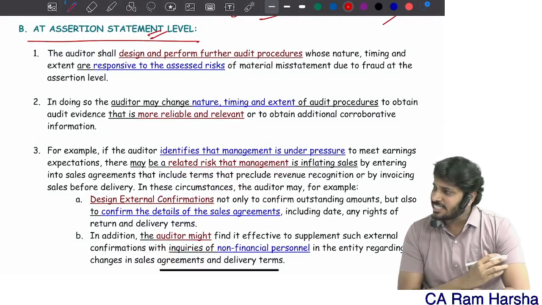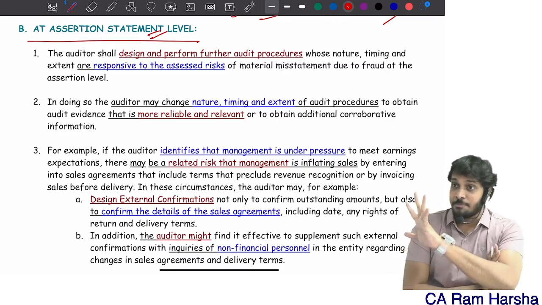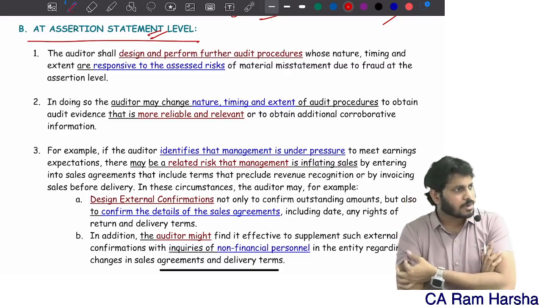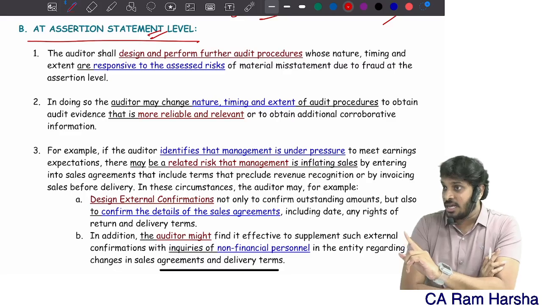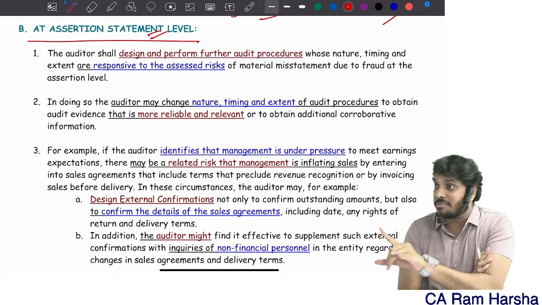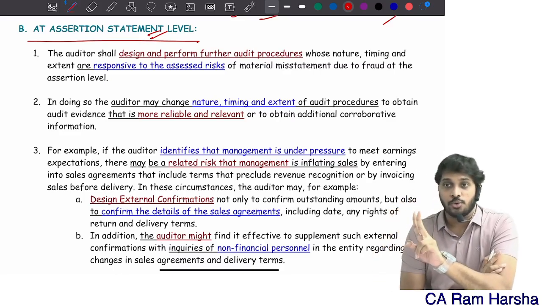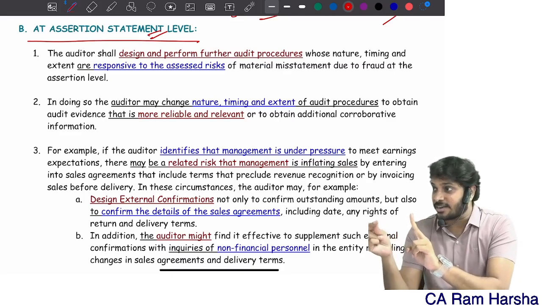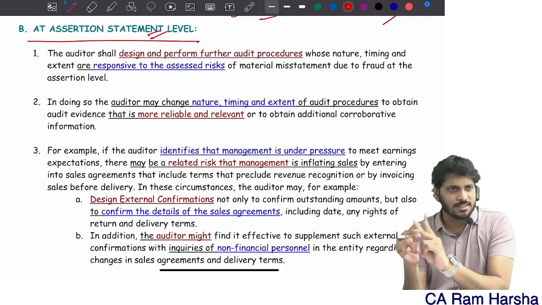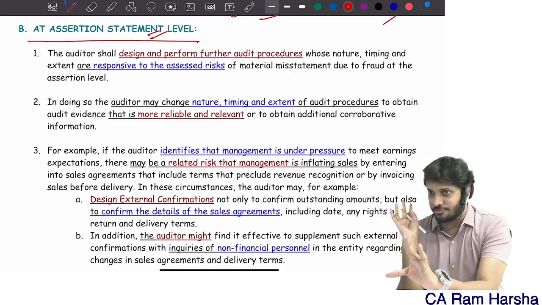Assertion level. What is assertion level fraud? Suppose inventory records are not maintained on a perpetual basis. What is the possibility from not maintaining inventory records on a perpetual basis? Point number one, inventory sales and purchases are not updated in the records. That's why the books of accounts balance may be overstated or understated. Two, since reconciliation is not done at frequent intervals, managers and others can temporarily steal some goods. This is another fraud. Yes or no? So for the existence and condition assertion, there is a possibility of fraud.